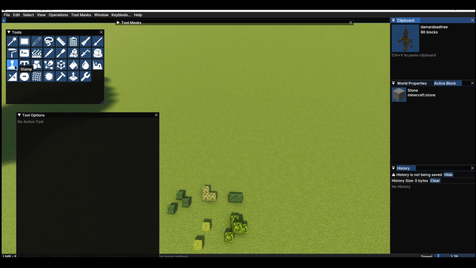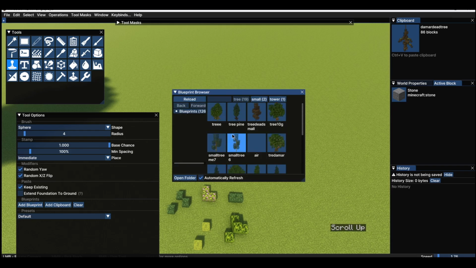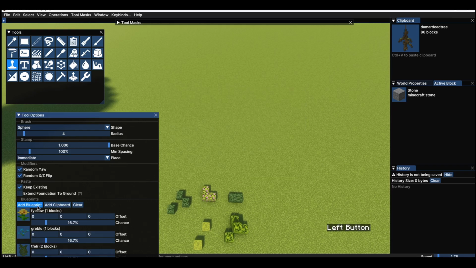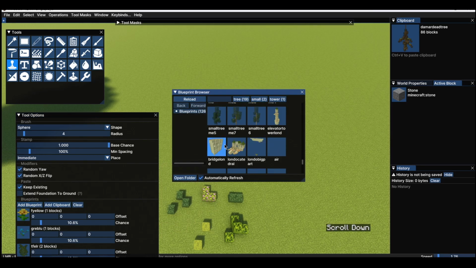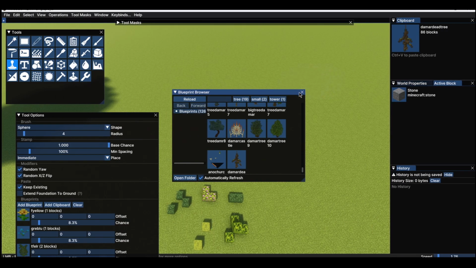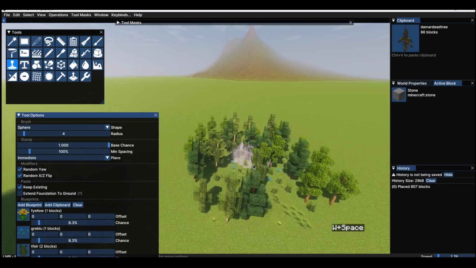One of my favorite ways to use them is with the stamp tool. You can just create blueprints and then add them in here. In this way you can paint an entire forest in a few seconds. The only lengthy part is adding all of the blueprints. That is literally the task that requires the biggest amount of time. Right now I just made something really simple, and as you can see,